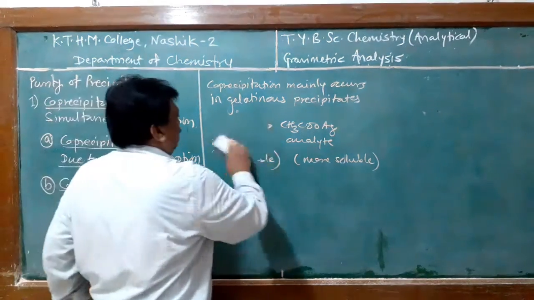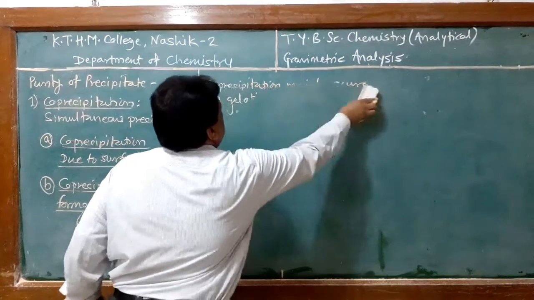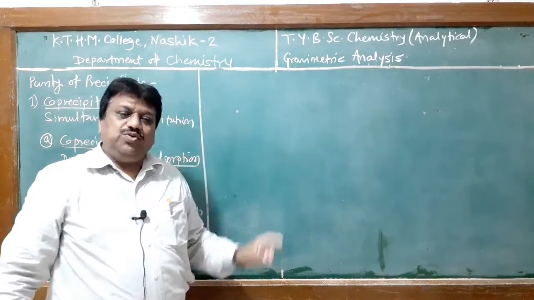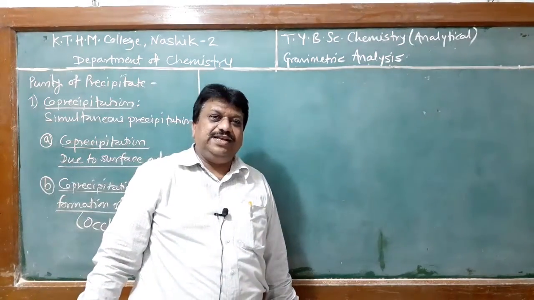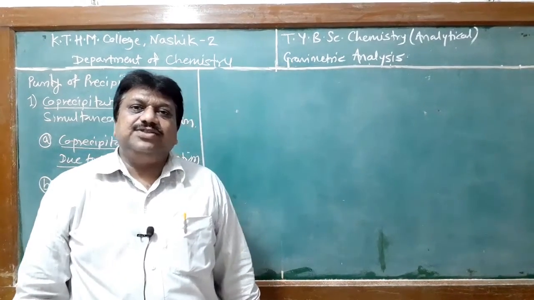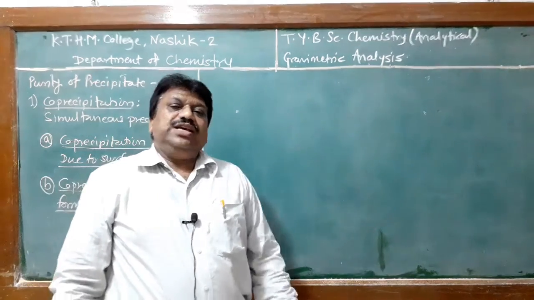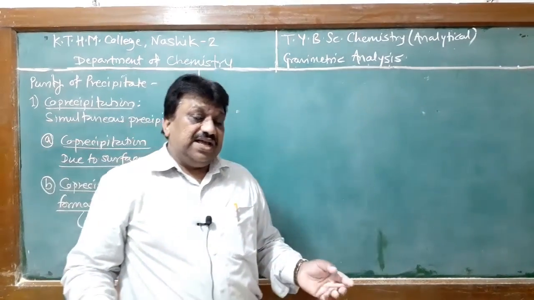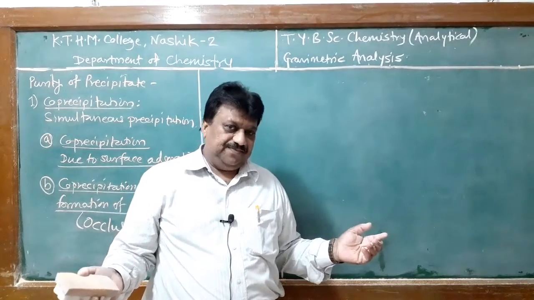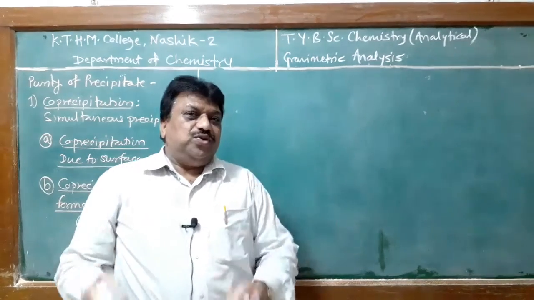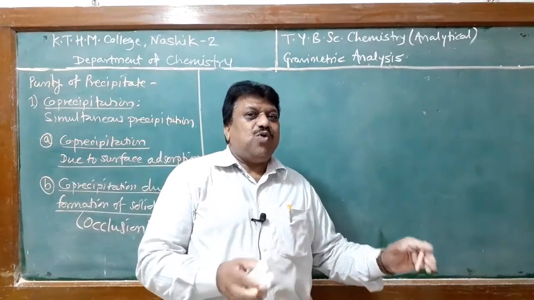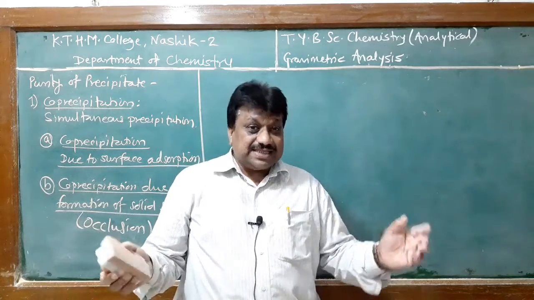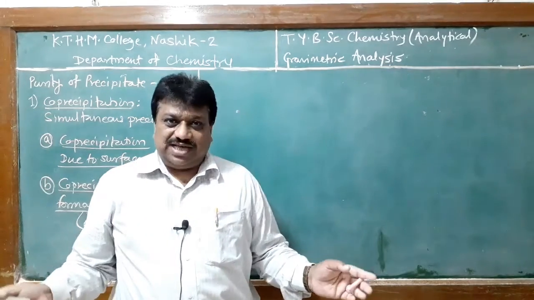Student, just before we discussed that when a solution reaches a state of supersaturation, small nuclei of the precipitate are obtained in the body of the solution, that is called the nucleation process. When the nucleation process is completed, these small nuclei grow into larger crystals and a precipitate is obtained. When the rate of nucleation is equal to the rate of formation of the precipitate, that is the building of the precipitate, at that time pure crystals are formed.